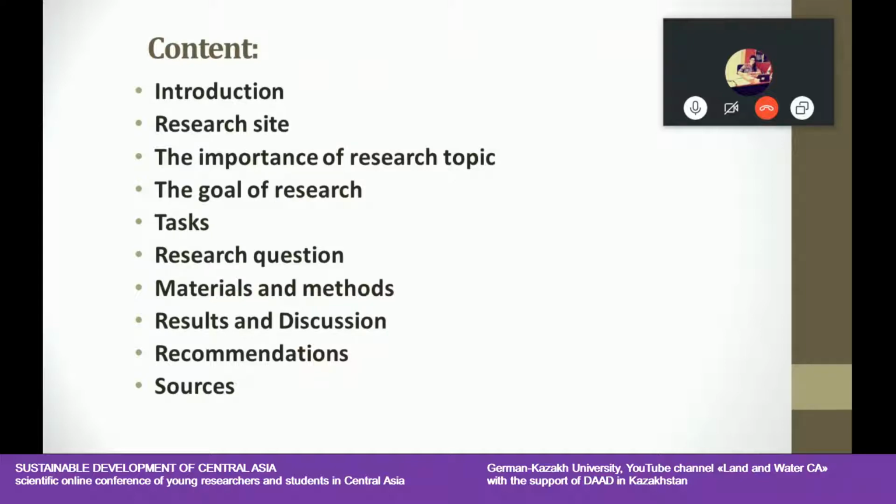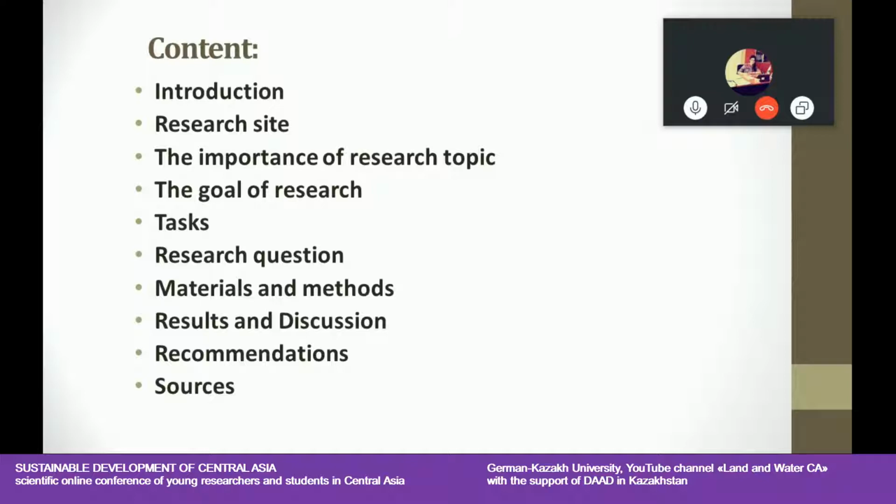So here is the outline of my presentation. First I want to say something about natural and anthropogenic risk as an introduction, and then the research site, why the research is important, the goal and objectives of this research, and also the research question, and some materials and methods which are used in this research, and at the end I will talk about results and discussion,